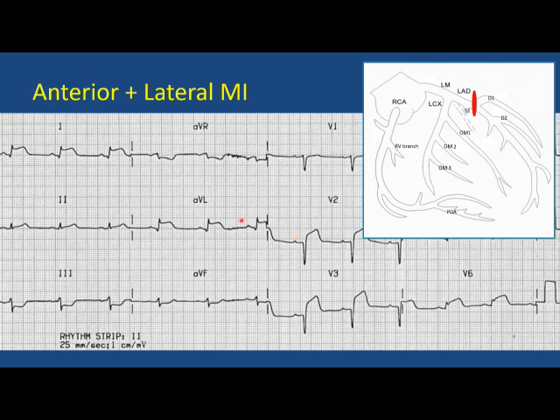You got the point. If V1 is involved, that means the occlusion has to be very proximal. If aVL is not involved and V1 and V2 are not involved, the occlusion is either mid or distal LAD. On the other hand, if aVL is involved but V1 is not involved, the occlusion is between the S1 and the D1 branch. It's not very difficult. Whatever I have told, you can recollect once again and you will understand.